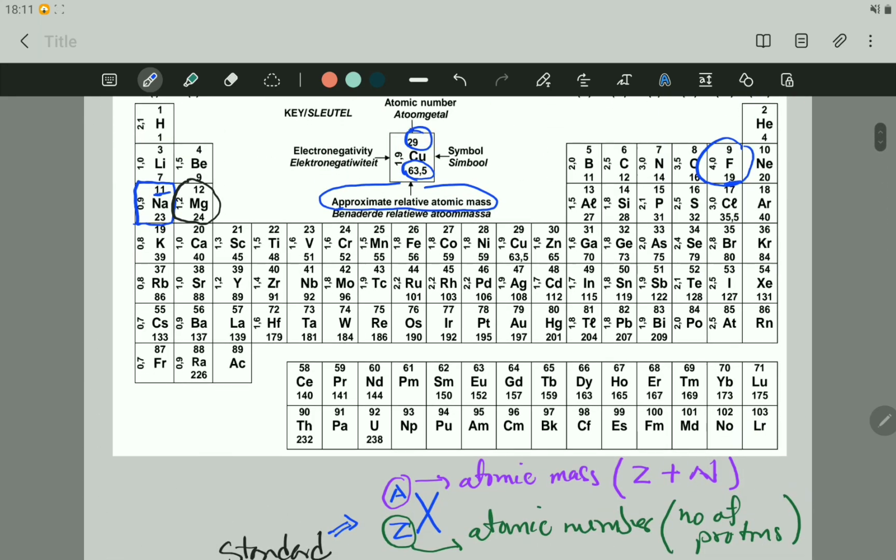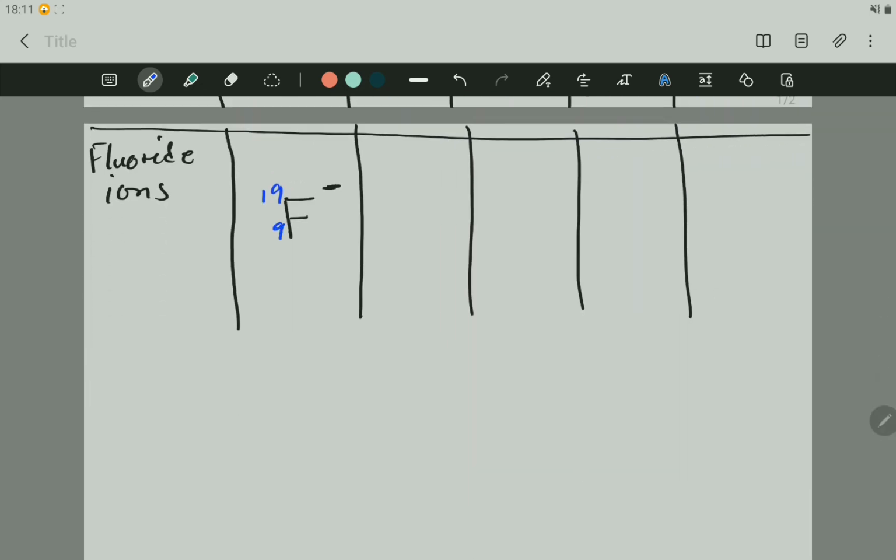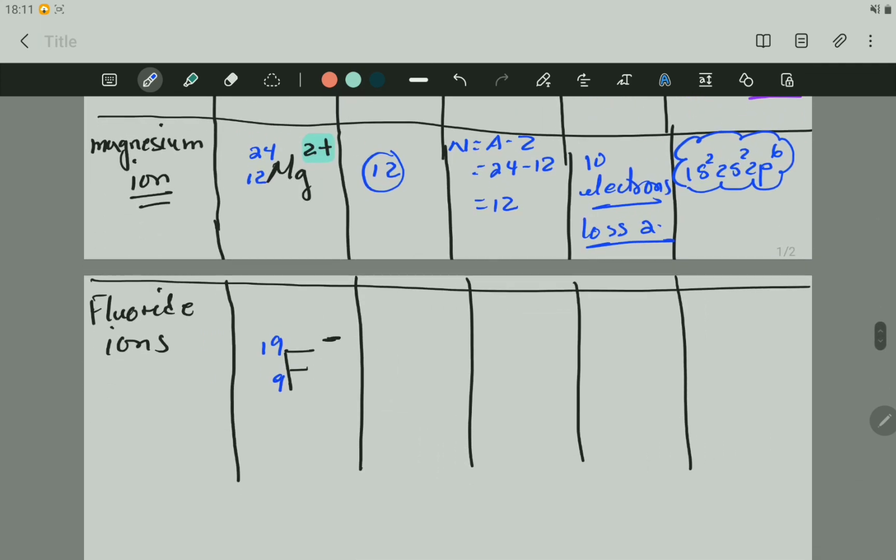It is 9. So you come here, and then here is 9. Alright, now number of protons. How many protons does fluoride ion have? It has 9 protons. Neutrons is the same. Neutron is equal to A minus Z. A is 19, Z is 9, so it has 10